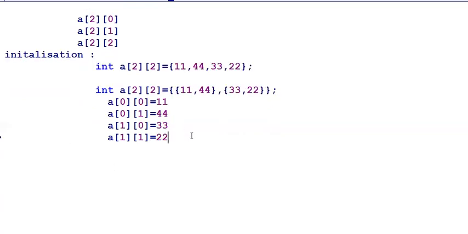Now how to read? To read the array elements, we need two loops: one loop for the row index and one loop for the column index. How to access, read and display the elements is like our normal single-dimensional array, and it can also take place in two manners.